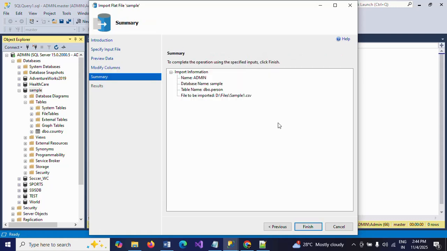These are the credentials of the SQL Server: admin, database name sample, table name person. The file has been imported from D drive, file sample1.csv. That means I get the data from the CSV file into this table in the database sample. Okay, finish